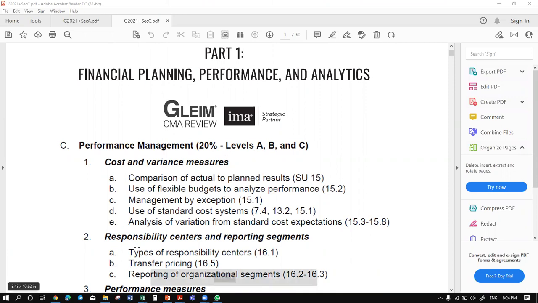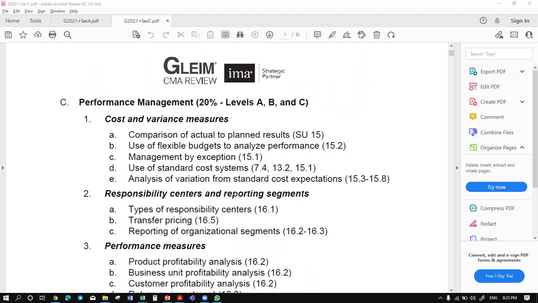In that, chapter number 1 of section C is basically cost and variance measures, right? We will see many types of variance analysis, etc. Then we will see responsibility centers and reporting segments. Basically, you know that when I say the sales